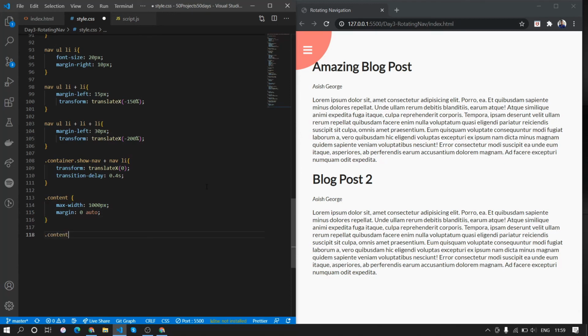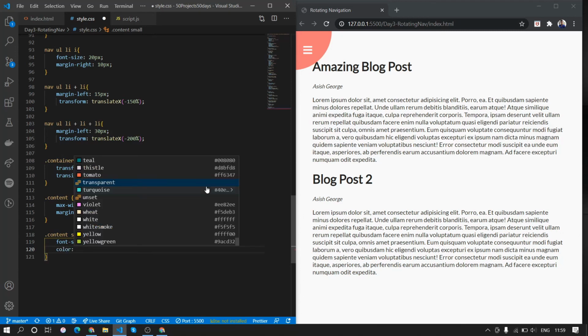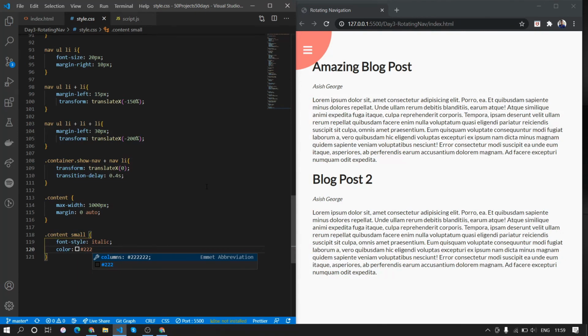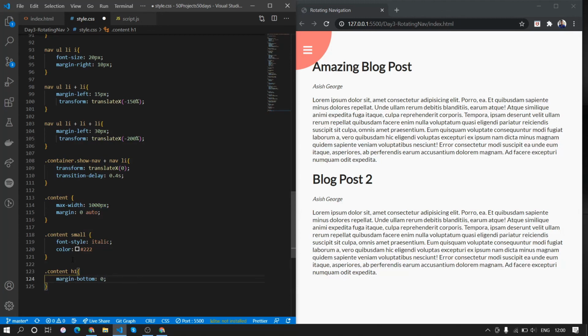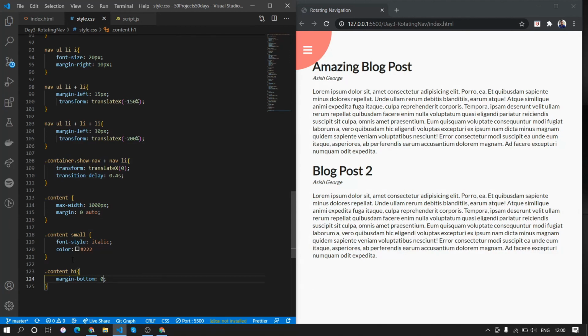We'll just target the small tag. We'll do font style italic, and we'll give it a color of 222, and we'll do content h1, and we'll remove the margin bottom. So let's close,